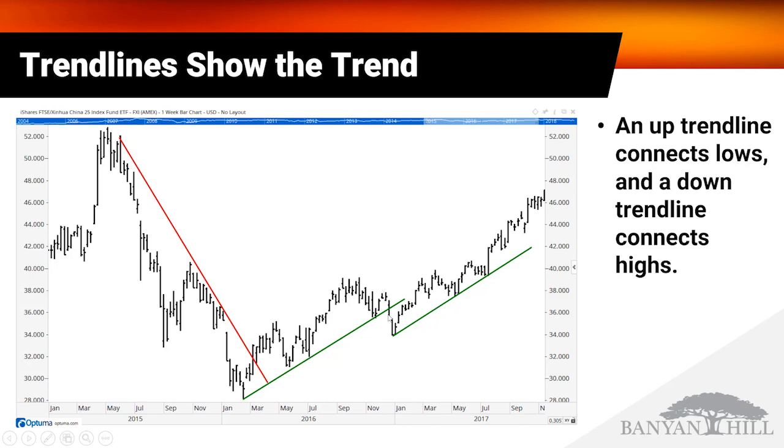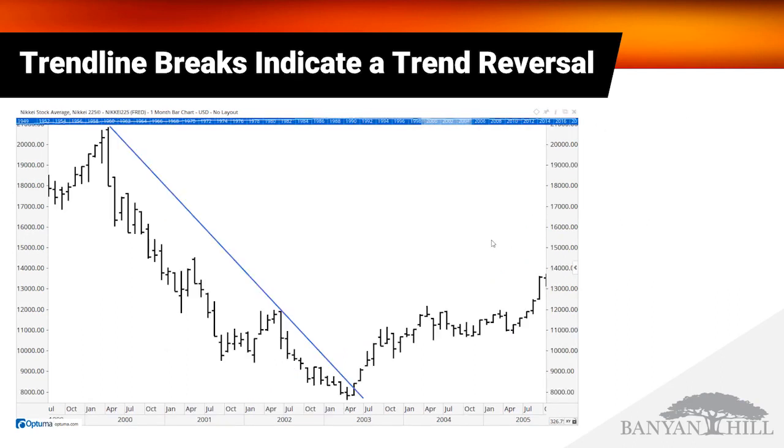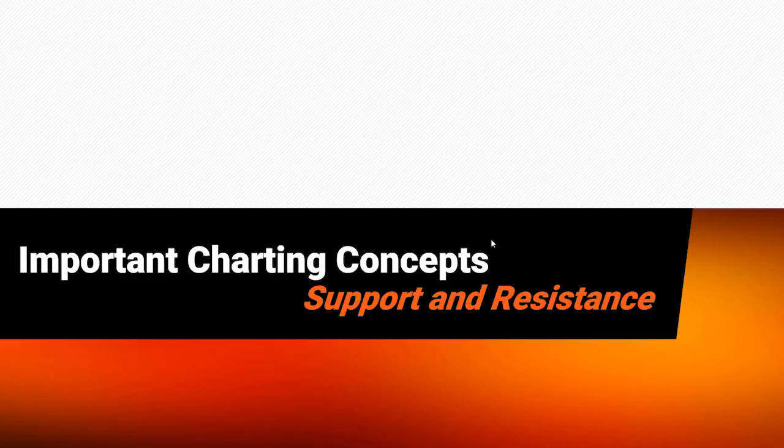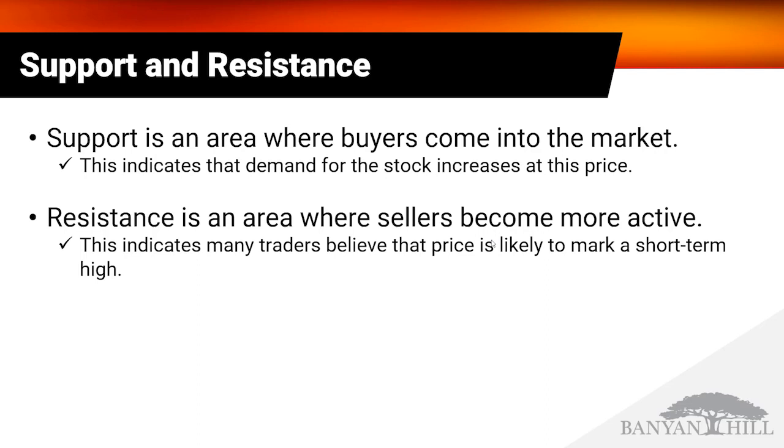But when that uptrend line was broken, all that happened was the pace of the gains slowed. So it's important to remember that the market action dictates what's going on rather than our preconceived notions. Instead of just selling out here and waiting for a downtrend to materialize, we could simply see that the price action negated that break, and we get back into the market and enjoy the upside gains, which were significant in this case. Trendline breaks, as I mentioned, are expected to indicate a trend reversal. But also important concepts include